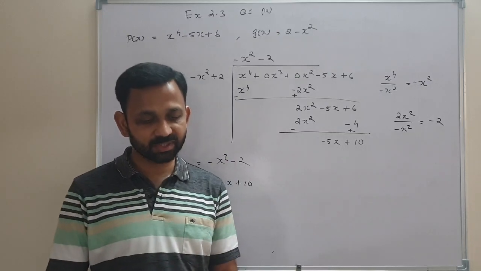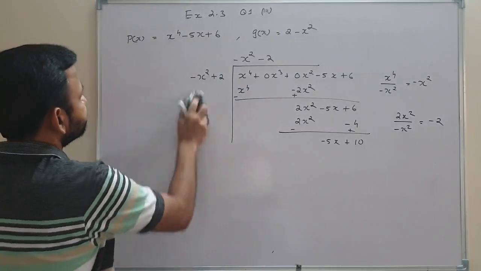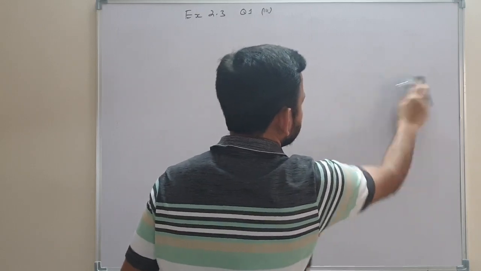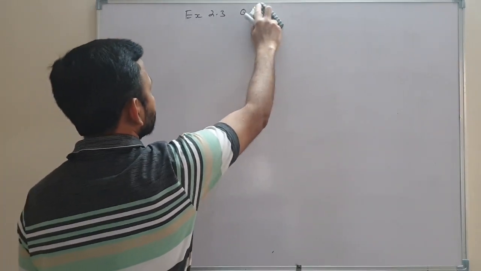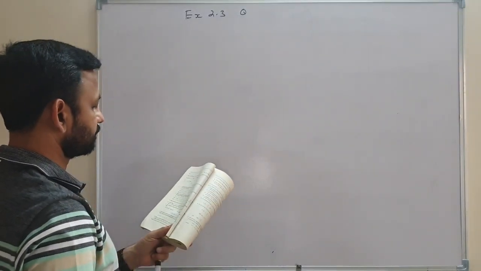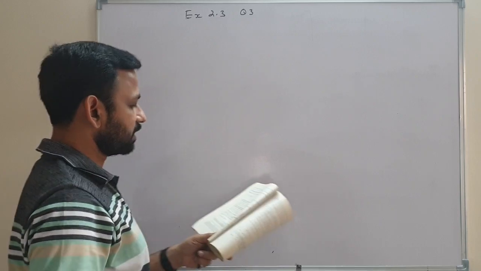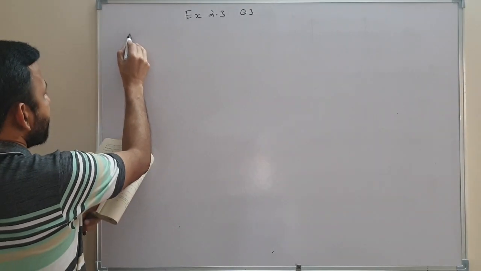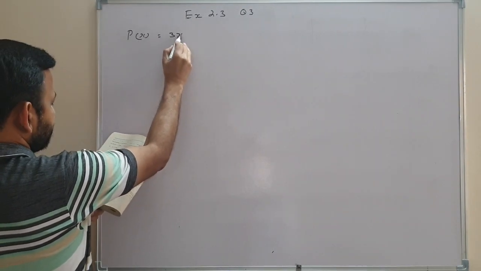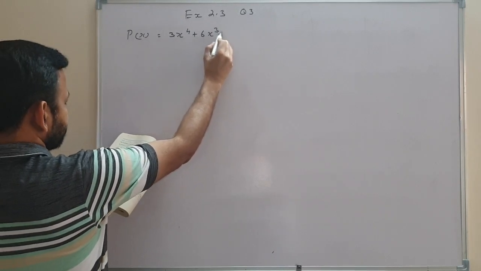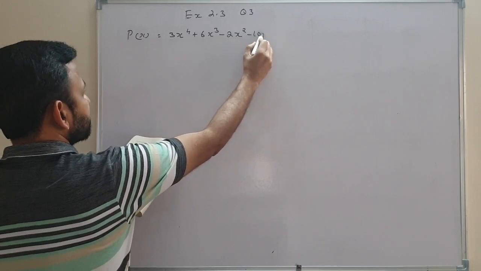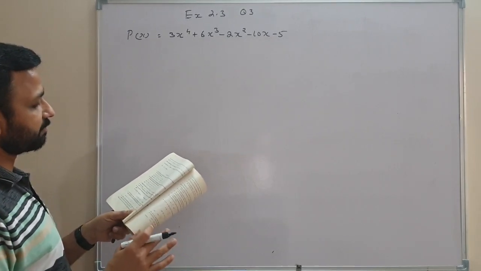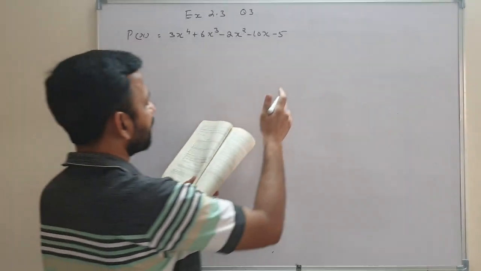Now we are going to do question number 3. Question number 3: obtain all the zeros of 3x raised to 4 plus 6x cube minus 2x square minus 10x minus 5, if two of its zeros are